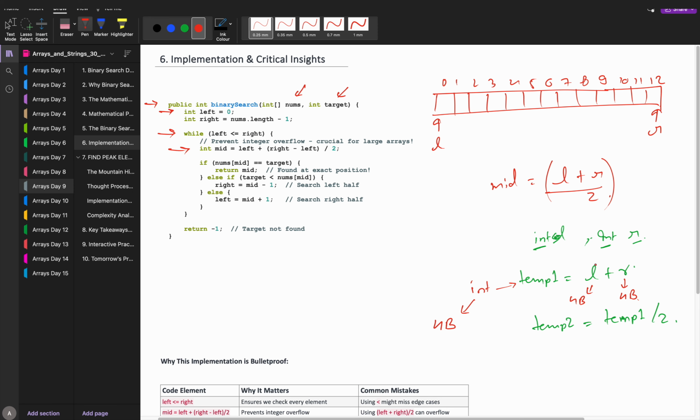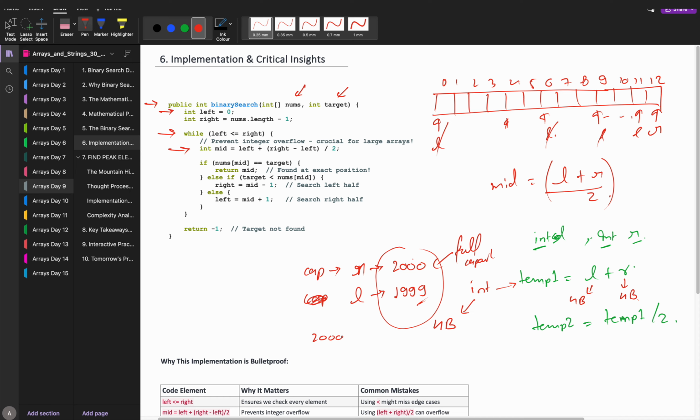Now, are you able to identify the problem here? Let's say left was here, then left was here, and doing this repeatedly, left came here. Now what will happen? Let's say the capacity of R is such that it can store some 2000 addresses. This is full, full capacity. Now where is L? It is sitting at 1999, just a little less than that. Now when I add both, whatever value comes is going to overflow 2000 and more. 2000 plus 1999, is it greater than 2000 or not? 2000 was the full capacity, you cannot fill beyond that. So this is called the overflow problem, right?